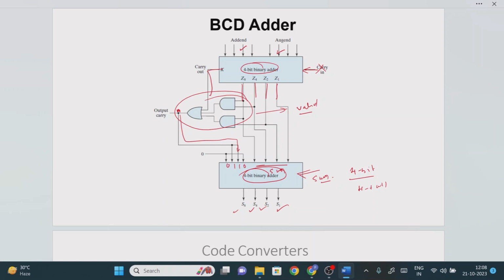So this is how we are going to design the BCD adder. In this case, if you give some value, something like 7 plus 9, you don't need to find out whether it is valid or invalid. This will automatically detect based on the sum value and the carry value, so that it will decide whether to add 0110 or simply forward your output as the input value, right? So this is how we are going to design the BCD adder circuit.